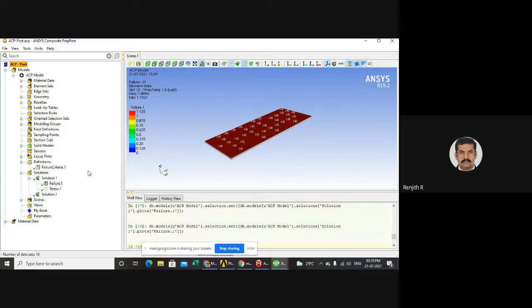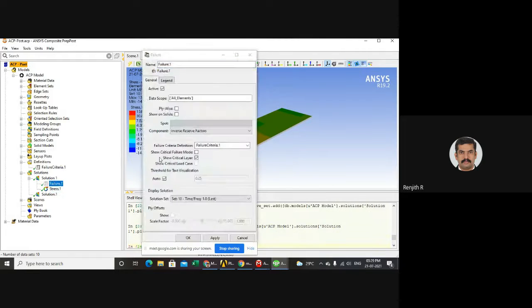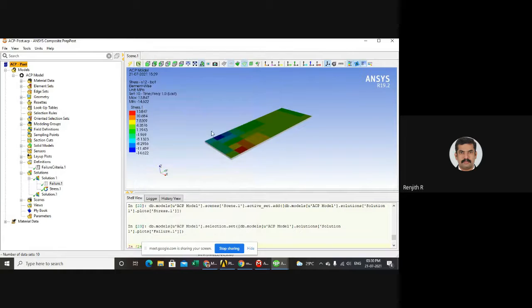And if I want to find out the stresses, actually there is no point to find out stresses here because we will get it from the workbench. So if you want to do it here, just go to show, you will get the stress distribution in this. And from this failure also, you'll get which failure criteria is the dominating one. You will also get those types of concepts from this one. And so this is how we will use ANSYS POST.